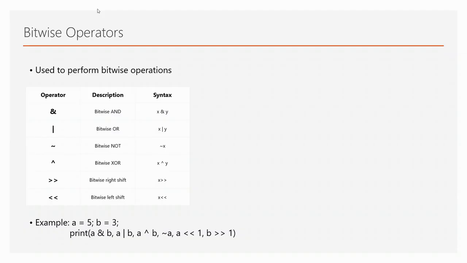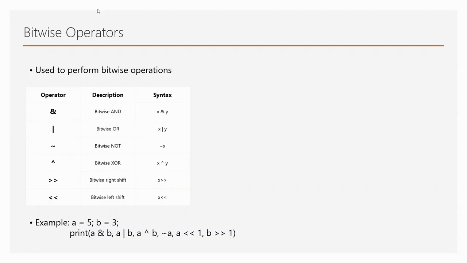Okay, next comes your operator bitwise left shift. It will shift the bits of the number to the left and fill 0 on the void right as a result. So similar effects as multiplying the number with the power of 2. Okay, so you can see here we have an example: a is equal to 5, b is equal to 3. This is the pattern which we have written, and we can apply the operators.